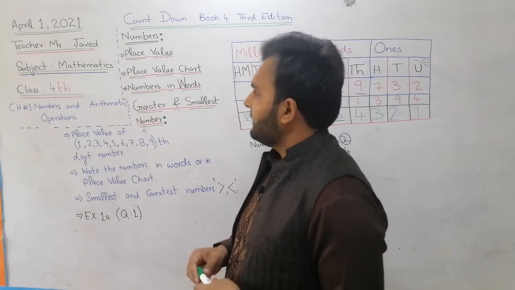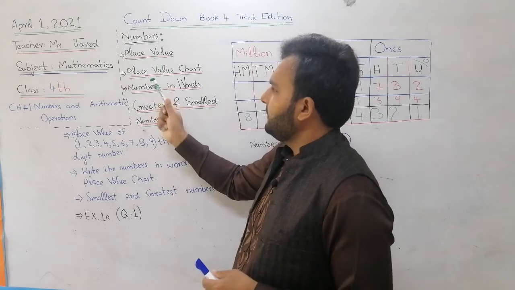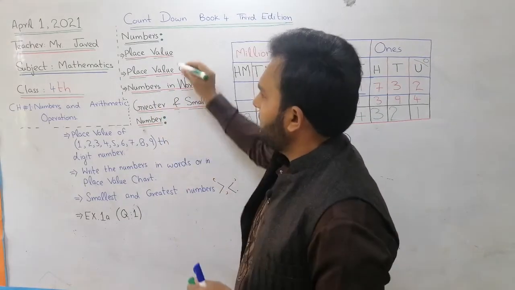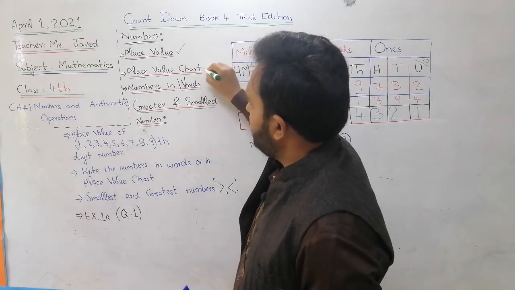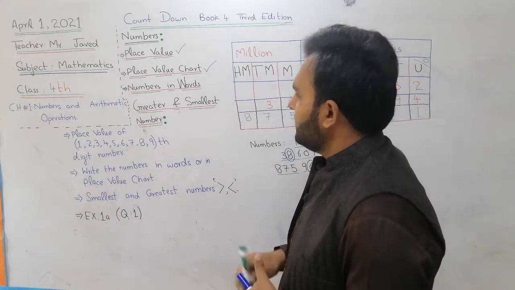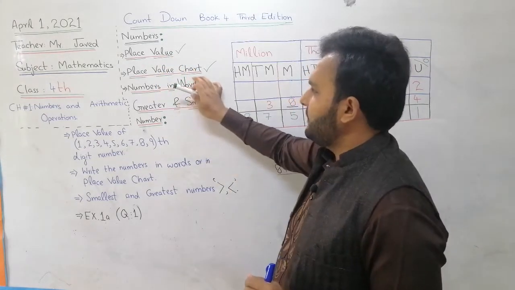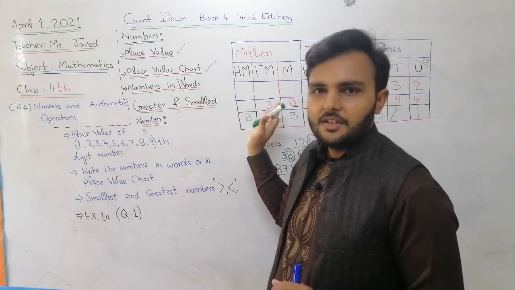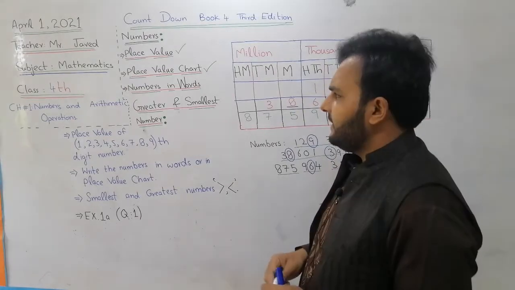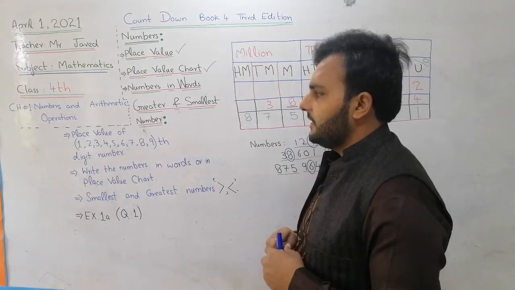So in this topic on numbers, we are going to discuss place value and place value charts. These are our key points that we are going to discuss. Hope place value is done for all of you. And then the place value chart. This is a place value chart. I'm also saying this is a place value table. You can say chart. And then number in words, very important, is coming next.